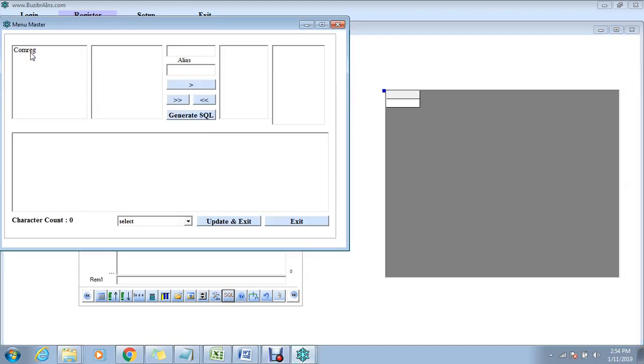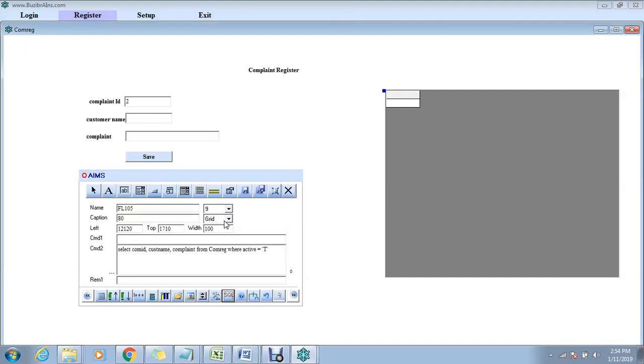See, there is a table called complaint register, and whatever text fields I have created, those are the fields of a database. So I'll select in which order I want the query to be generated. It will generate a query: select complaint ID, customer name, complaint from complaint register table where active is equal to true. I'll say update.